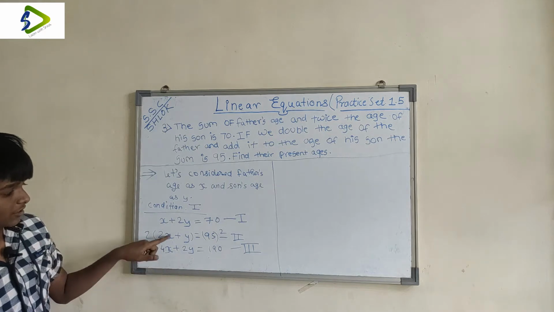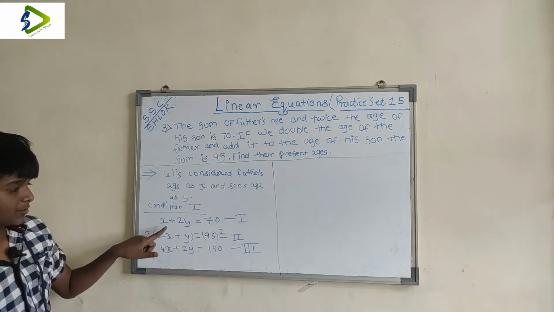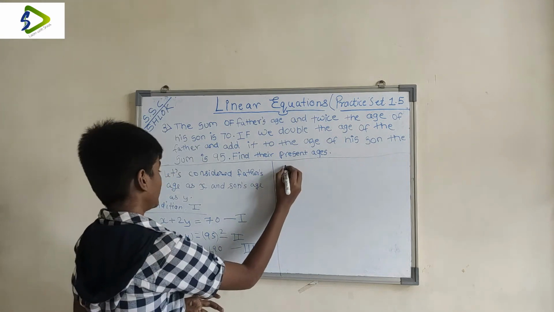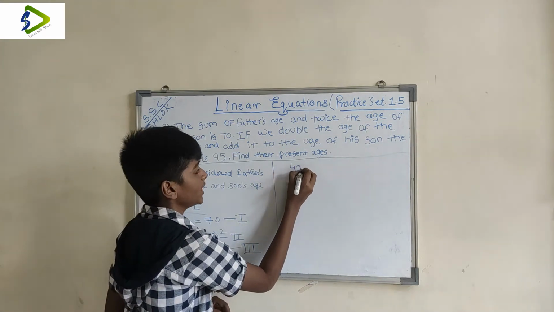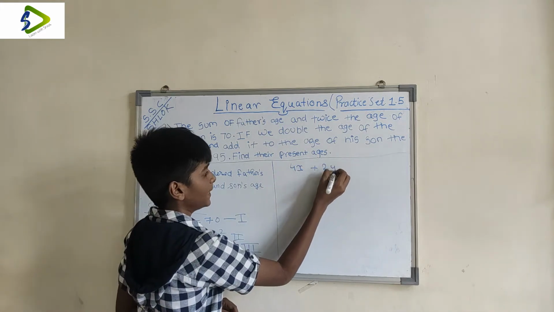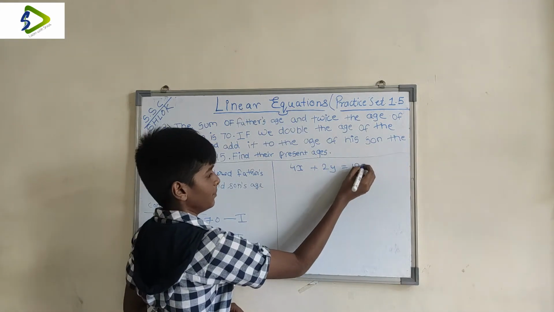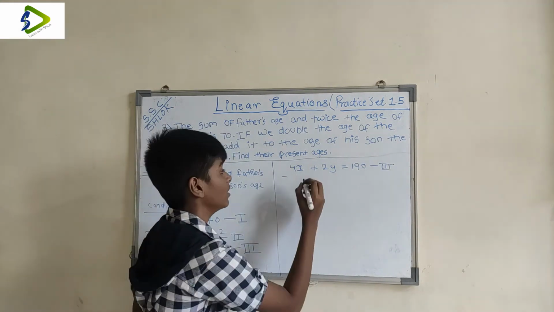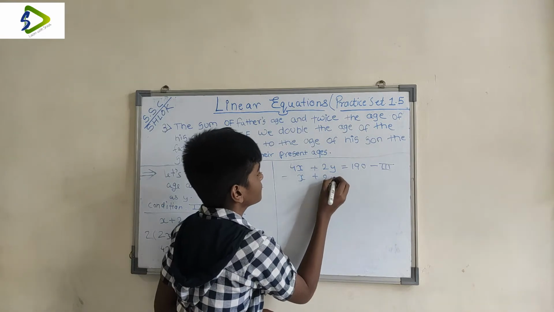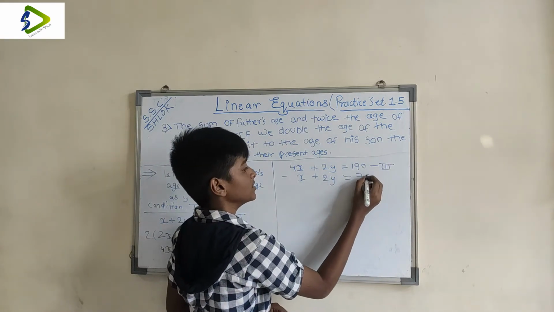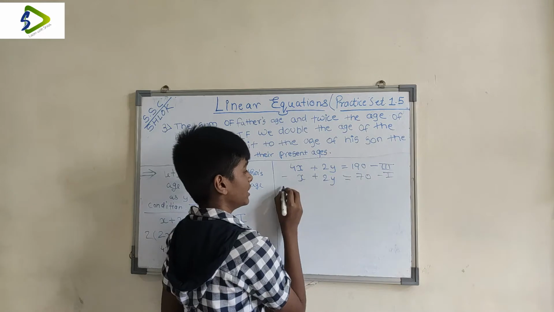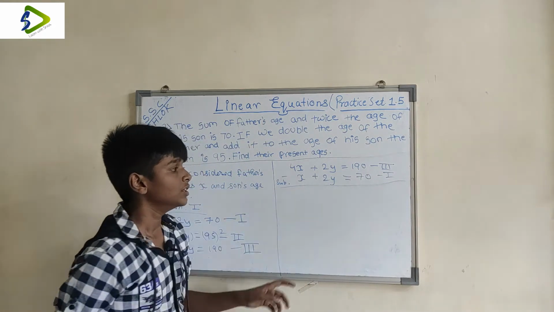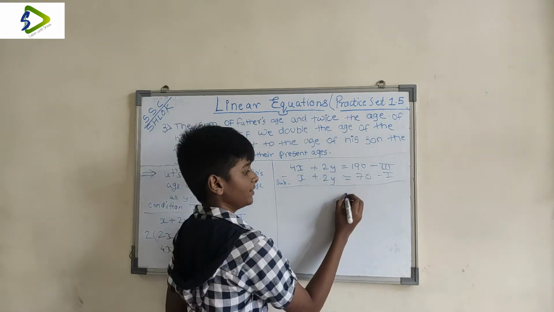So now if we subtract these equations, we can remove the y out. So we have to subtract equation 2 from equation 3. So 4x plus 2y is equal to 190, which is the third equation, minus x plus 2y is equal to 70, which is the first equation. Now we are actually subtracting both, so let's write subtract over here. Okay, so now if you subtract 190 minus 70, what do we get?